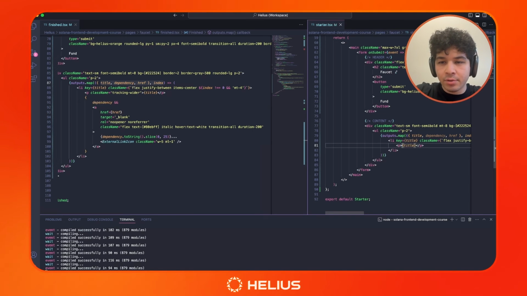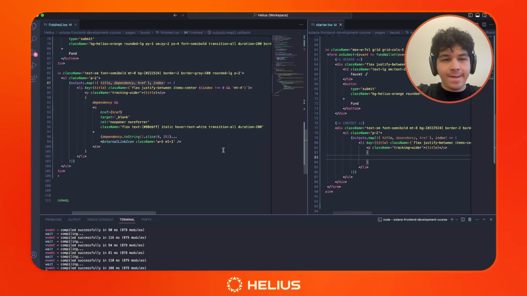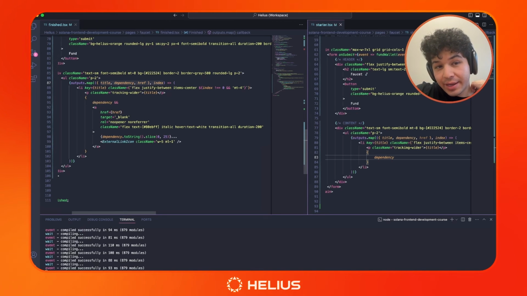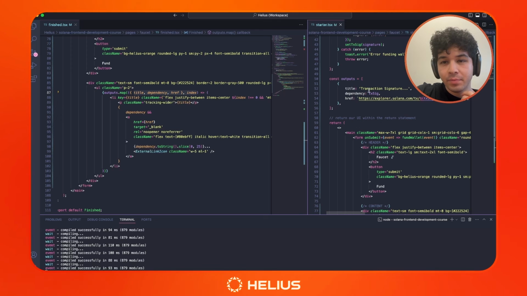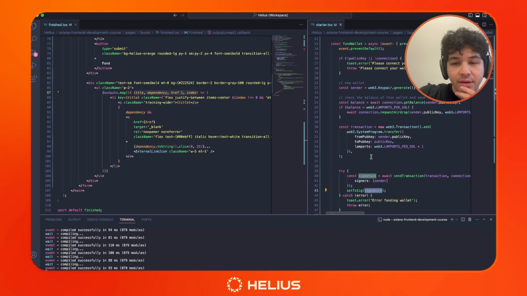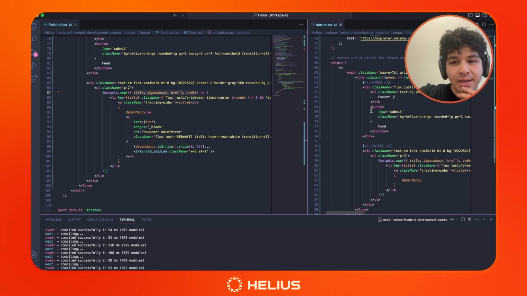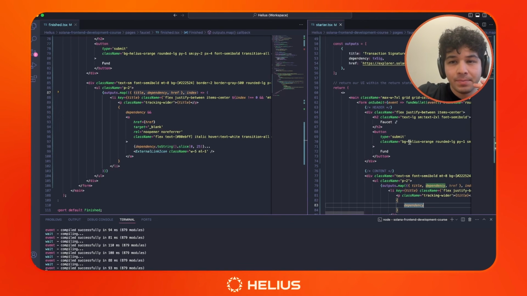We're going to type in our title. We're going to give this tracking wider, which just puts space between letters. And then finally, we're going to say if there's a dependency, so if this send transaction function succeeds, which means that this signature populates this transaction signature field. So if there's a dependency,